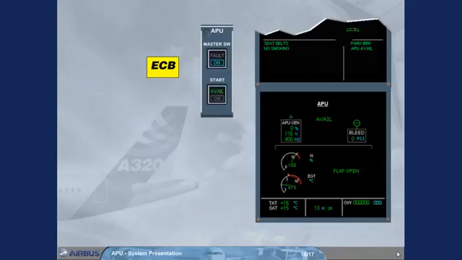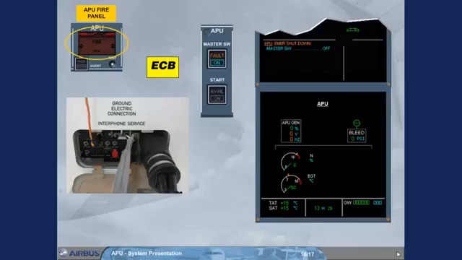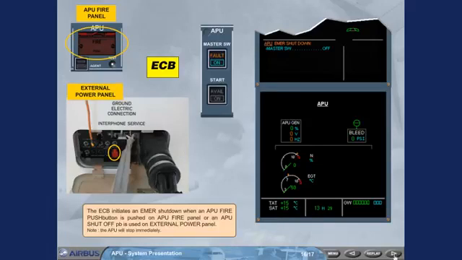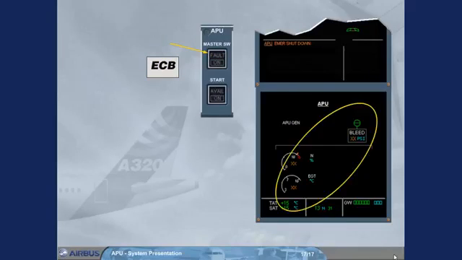The ECB initiates an emergency shutdown when an APU fire push button is pushed on APU fire panel, or an APU shut-off push button is used on external power panel. Note: the APU will stop immediately. Notice that, in both cases of shutdown, the ECAM action is to set the master switch to off, in order to switch off the fault light and to de-energize the ECB,